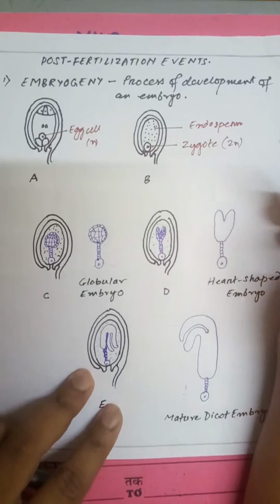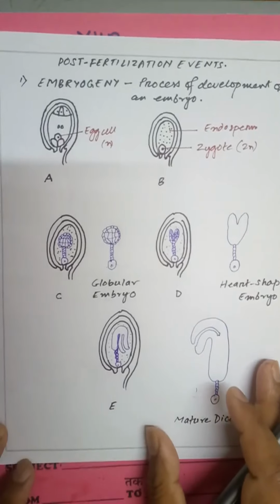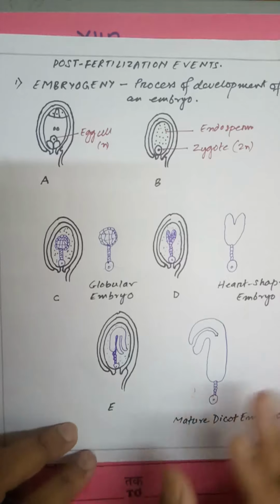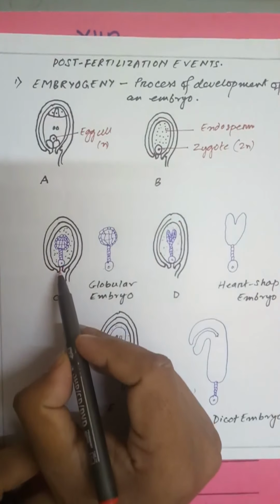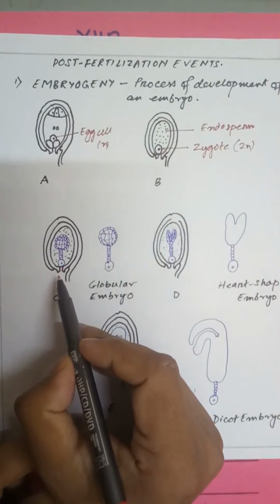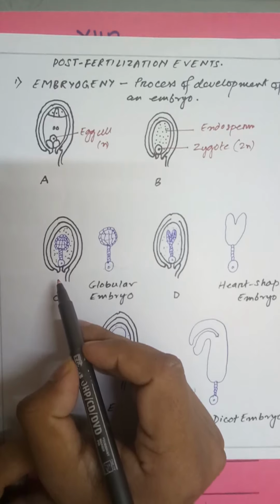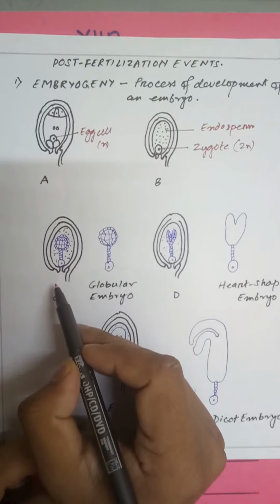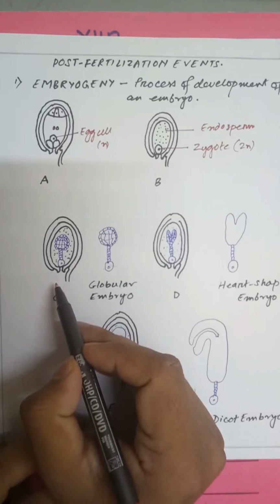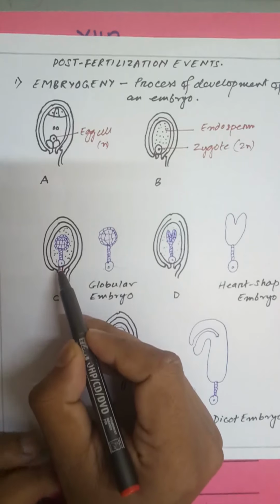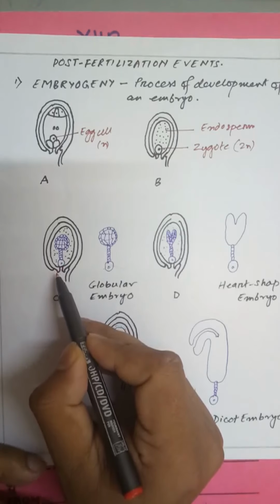Now look at figure C. In figure C, I have shown how from a single cell zygote we have got one embryo. You must remember, students, as you can see from the diagram also, that the formation of embryo starts at the micropylar end, because the egg cell is present at the micropylar end. Yes or no? So here we have seen that a much bigger multicellular embryo has been formed at the micropylar end